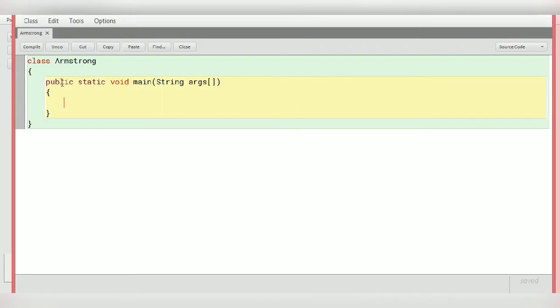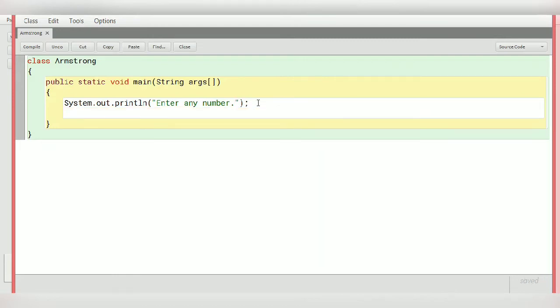Okay. So now we have to take the input from the user. So let us write System.out.println. We have to ask the user for the input, that is, enter any number. Okay, so as we know, for taking an input we need a Scanner class.